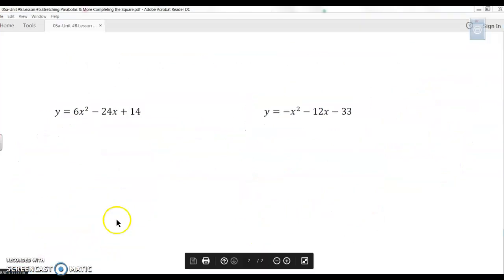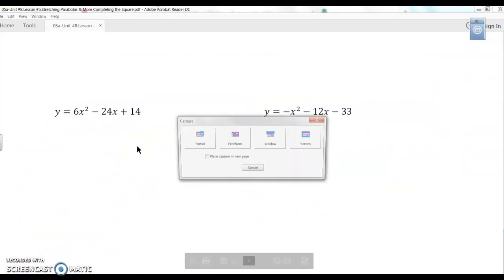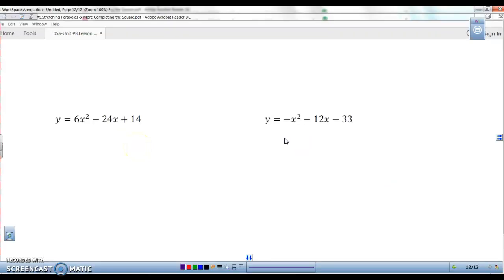Okay, let's do a couple. Okay, this one we have to throw in a messy one, just so you can see that it doesn't always come out to be nice, even numbers. All right, so the first thing we have to do is get rid of the leading coefficient, so we have to divide by 6. Divide everything by 6. So that gives me y over 6 is equal to x squared minus 4x, and then